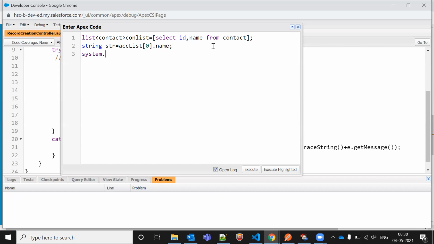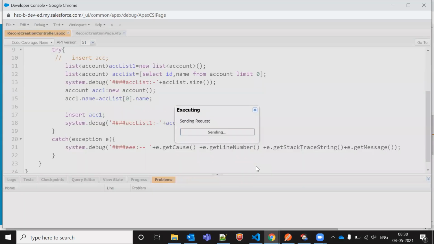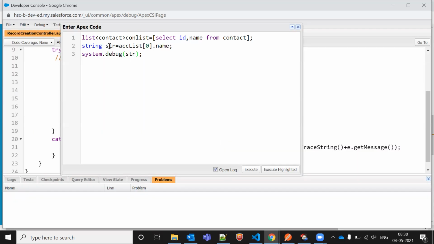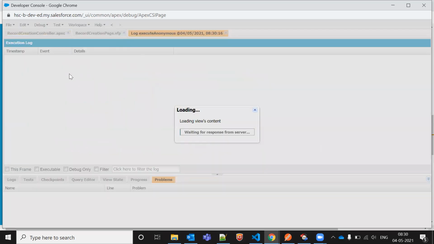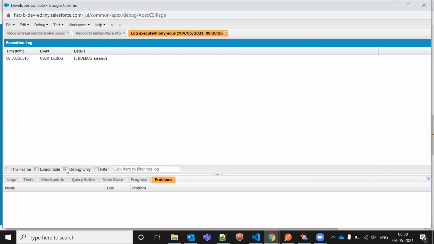If I do one here, then it will try to fetch the second record. It is fetching the first record.